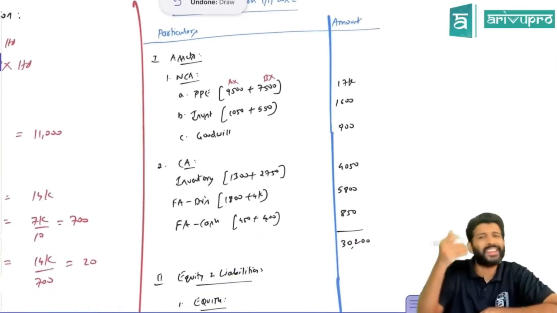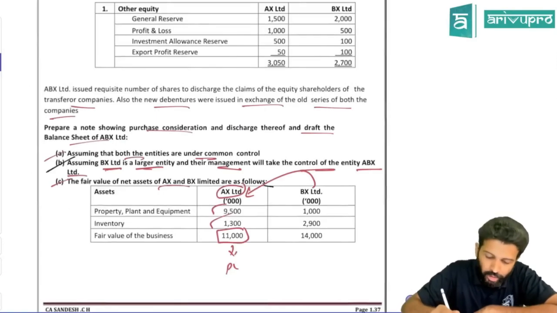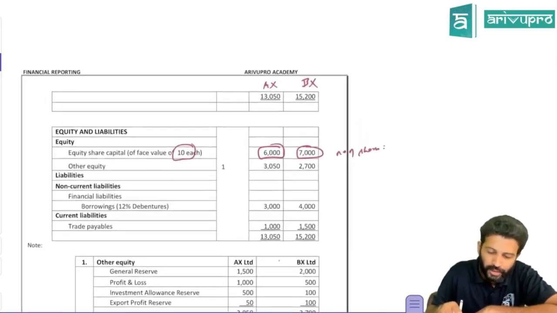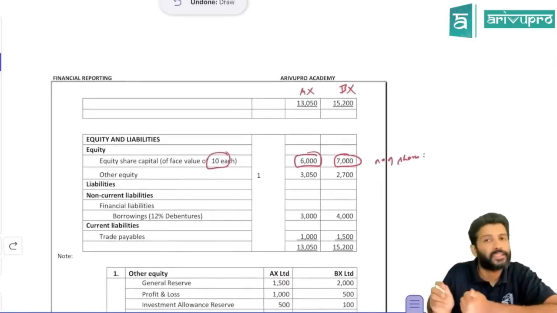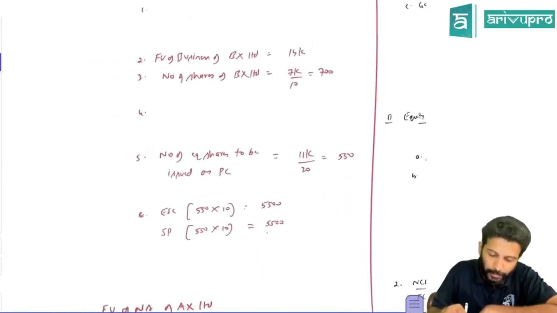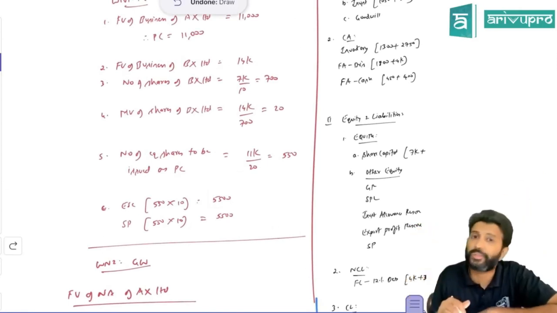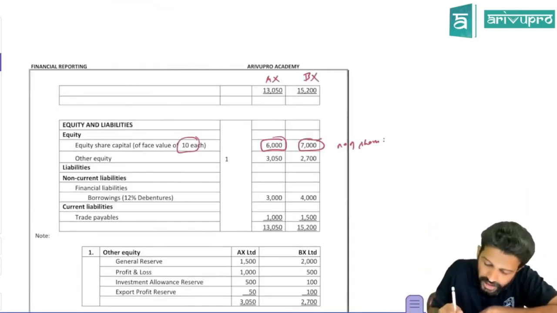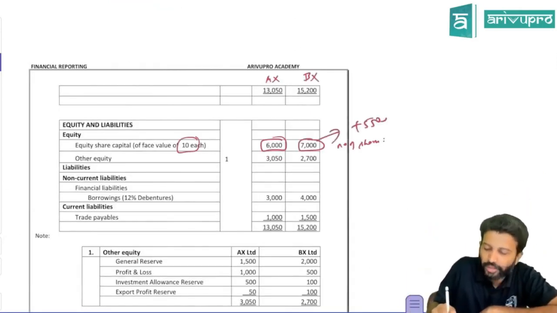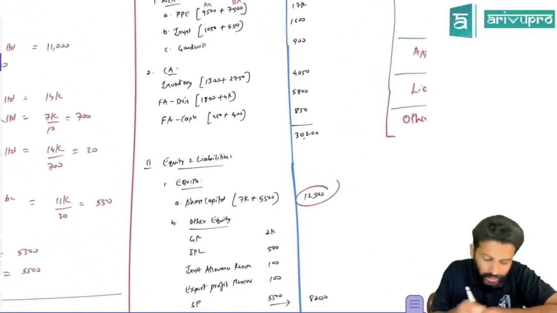Okay, that's one thing. And here there is no NCI, so there is no drama around that. But when you come to share capital, maybe I'll show it once. What is the share capital, sir? Share capital of BX will stay as it is, 7,000. To the 7,000, what do you do? I've already shown you how much is the equity share capital. We already wrote it here, which is 5,500. PC is given in the form of 5,500, we'll say. So BX already has a share capital of 7,000. To this, you will add 5,500. So that means the share capital will become 7,000 plus 5,500, which is 12,500.